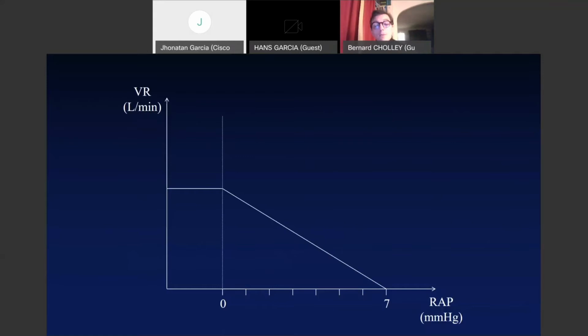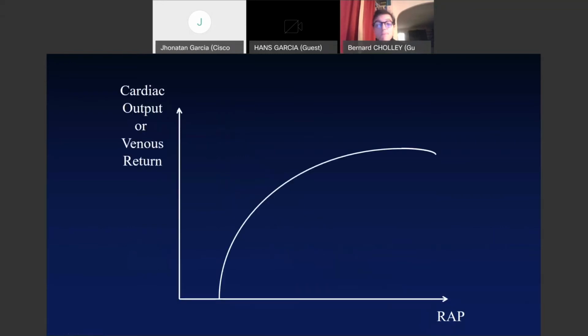If you look at the Arthur Guyton venous return curve, the resistance is represented by the inverse of the slope. If you reduce the resistance, the slope is greater and the venous return is greater. If you increase the resistance, the slope is less and the venous return is less. So finally, if we represent